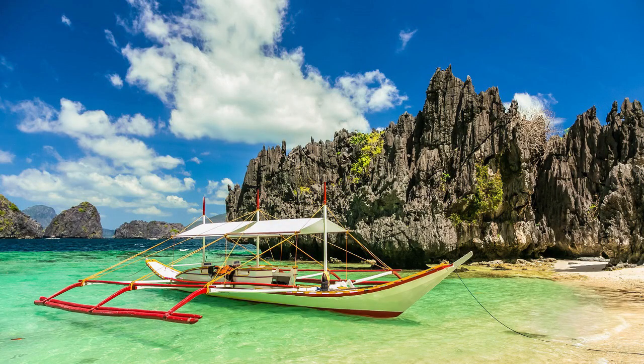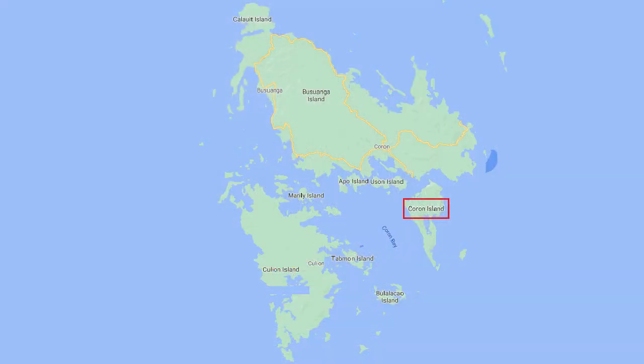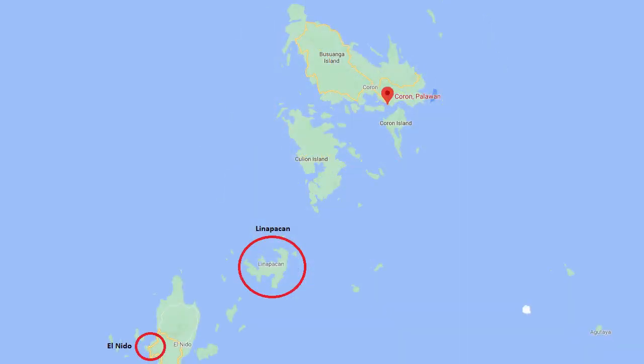The cost of a private bangka depends on the size of the boat and the distance to travel, to which must be added the cost of the meal and entrance fees to the sites, ranging from 50 to 300 pesos per person. A bangka that can accommodate 4 people costs 2,700 pesos for the island of Coron, 7,600 pesos for the Black Island, up to 9,800 pesos for the island of Linapacan, which is closer to El